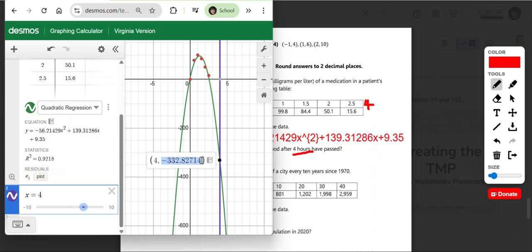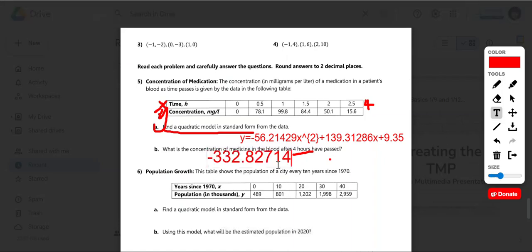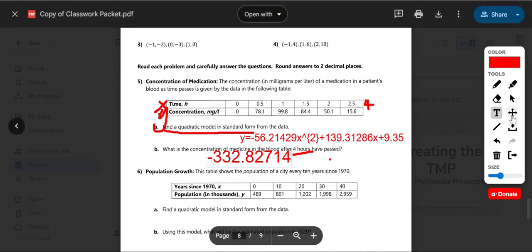So if it continues to go down, this is the value we get. You want to round to one decimal place, or you can just write the whole thing down. That's fine too. So the 4 is the number that we put in. Our y value is the one we're trying to find. We put in x. We want to find y. And the y value that we get when x is that amount is negative 332. Okay, so that is how you do a regression and then use